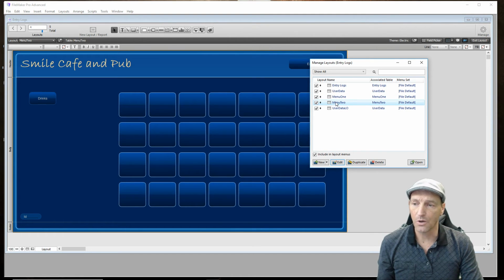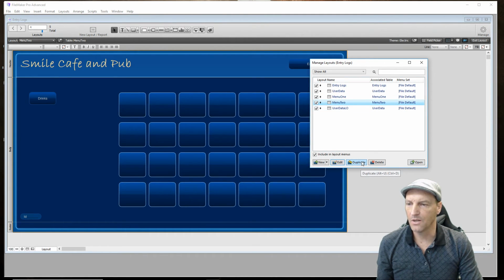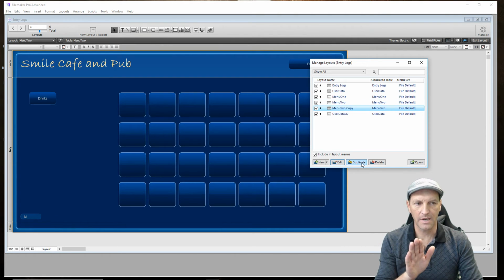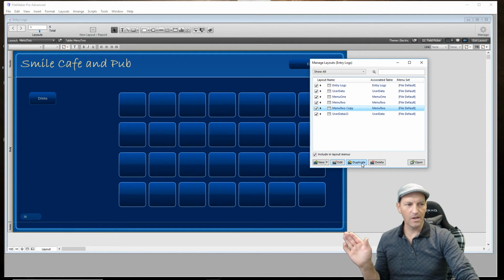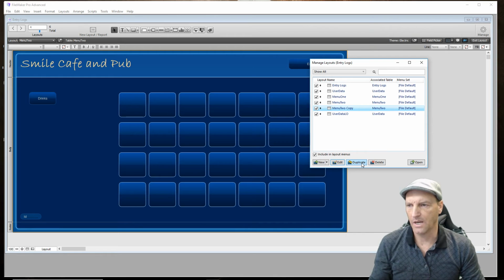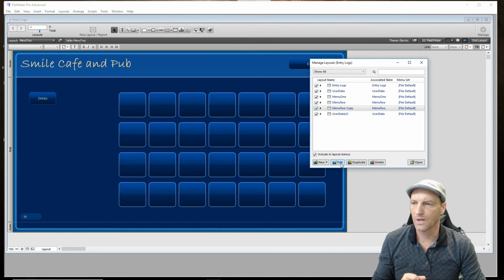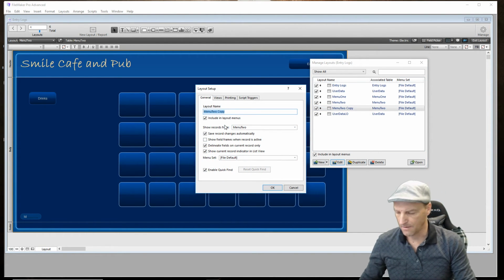And we're on menu 2. So we can duplicate that menu 2. Once we have it set, once it's exactly the way that you want it, duplicate it and then rename it. So we're going to edit it, and we're going to rename it